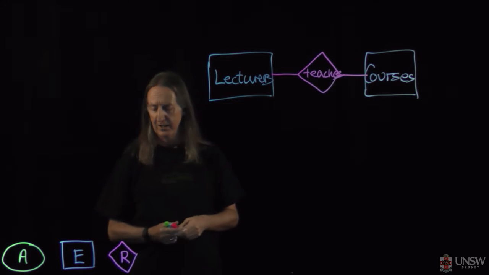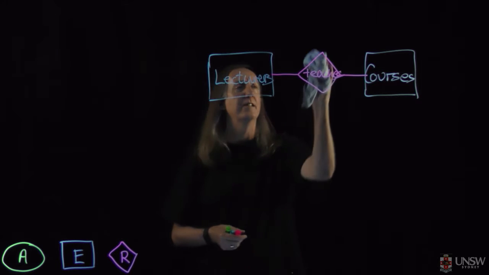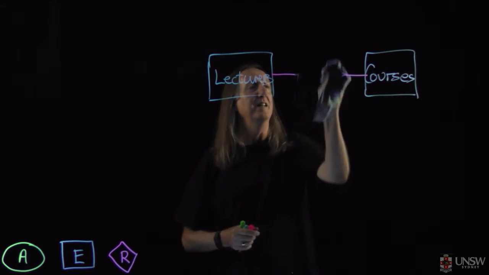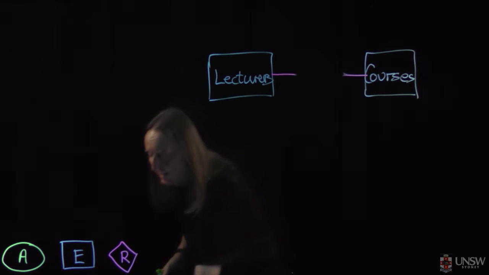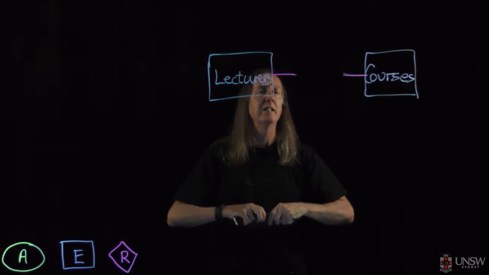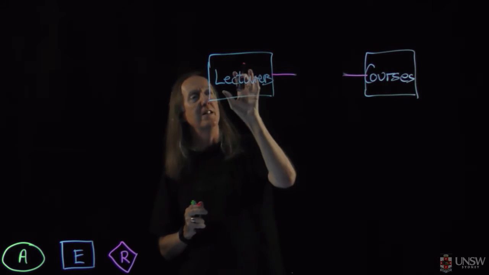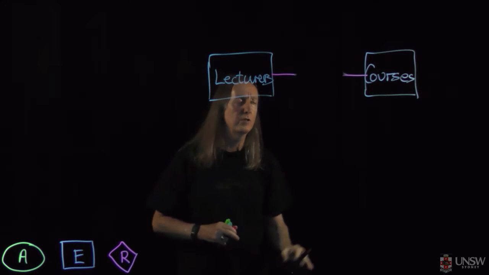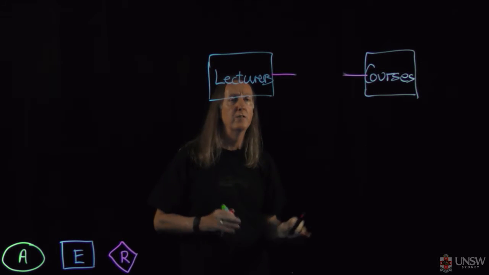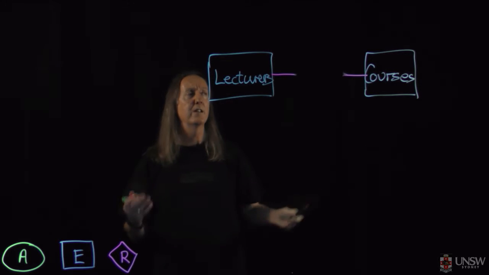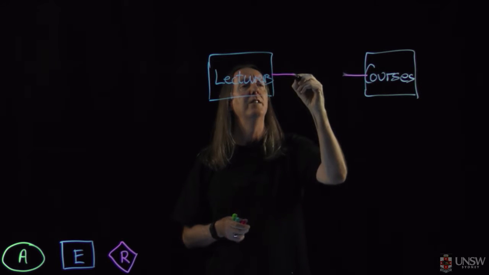So lecturers teach courses. The next thing I wanted to look at was the lecturers in charge. So each course has a single lecturer in charge. The other thing I should have said about the teaches relationship is that there may be lecturers who don't teach any courses, and there may be courses that don't yet have any lecturers. So we haven't put in a requirement that either lecturers or courses be involved in that relationship. Okay, the next relationship,